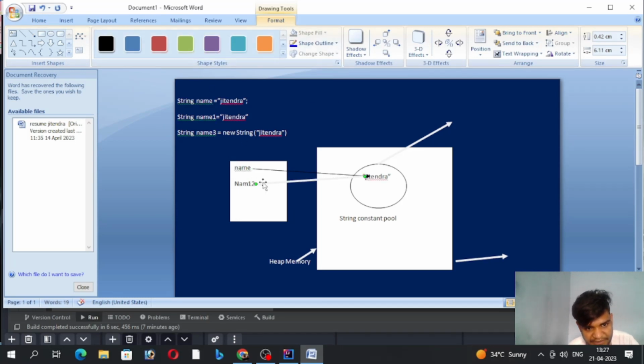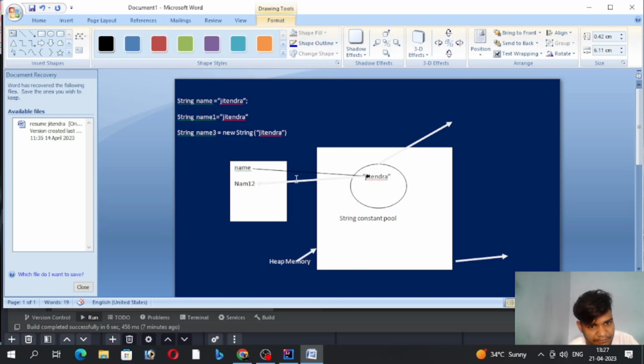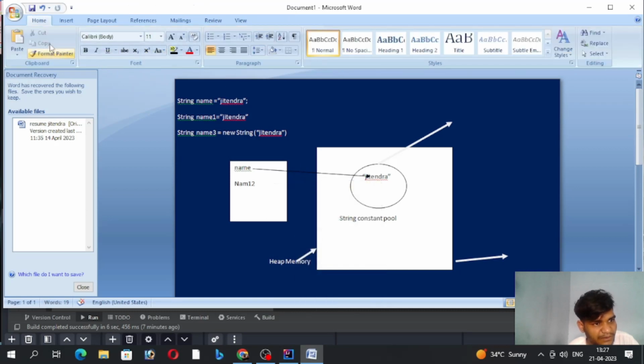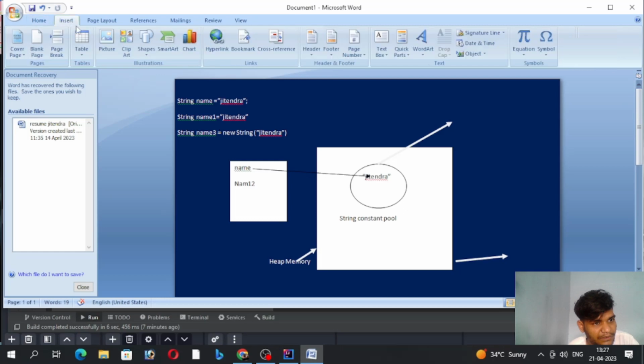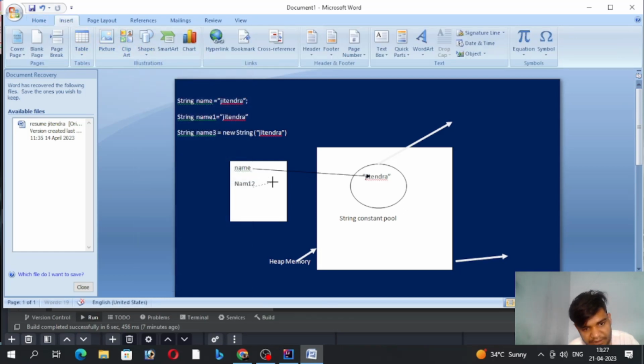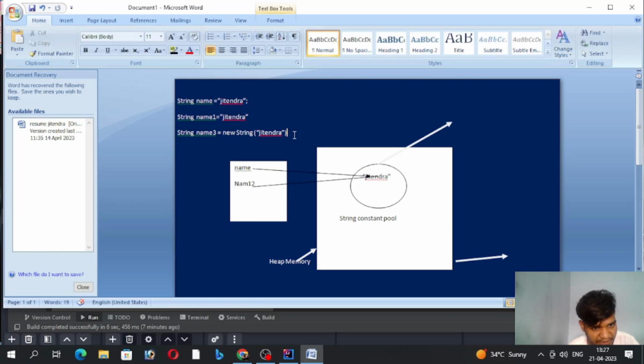This is a reference. It refers to this value, but does not create new data. But when you use the new keyword for a string,